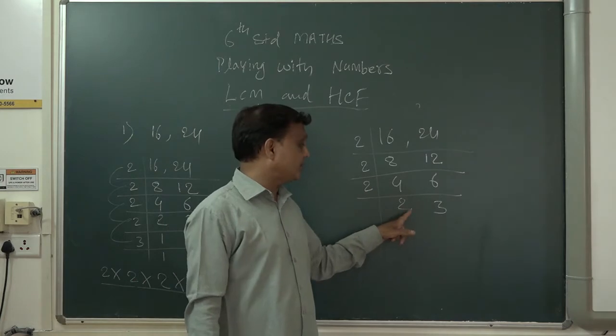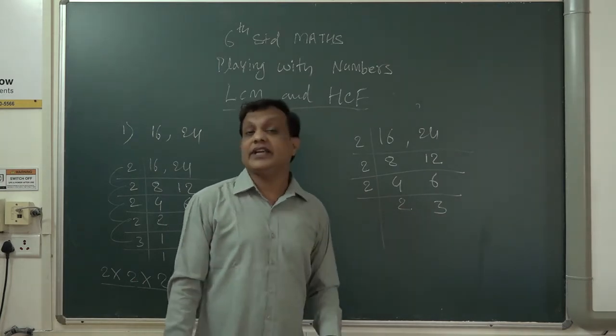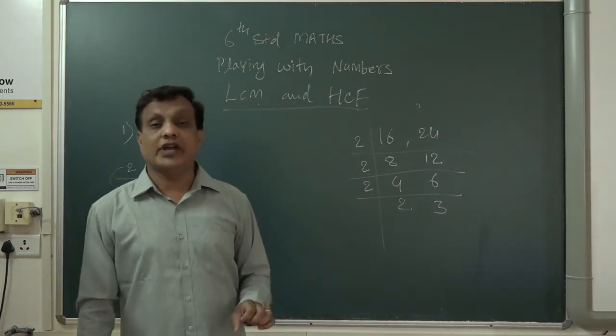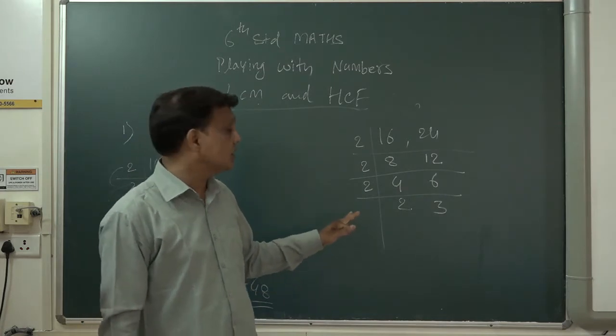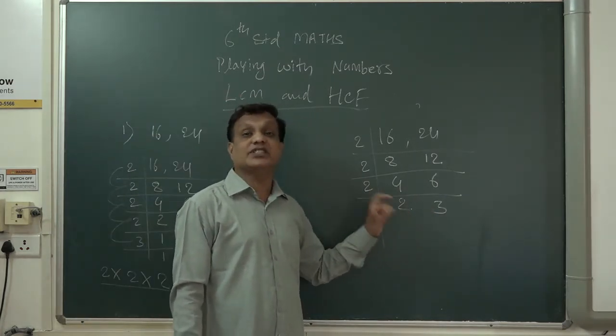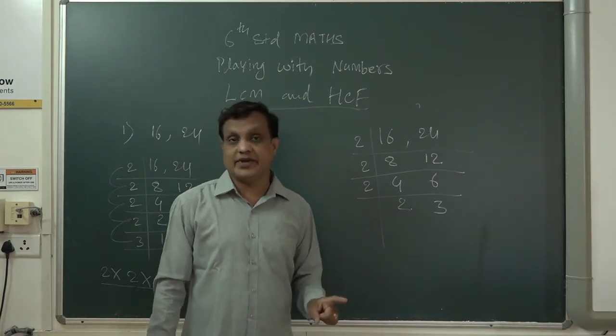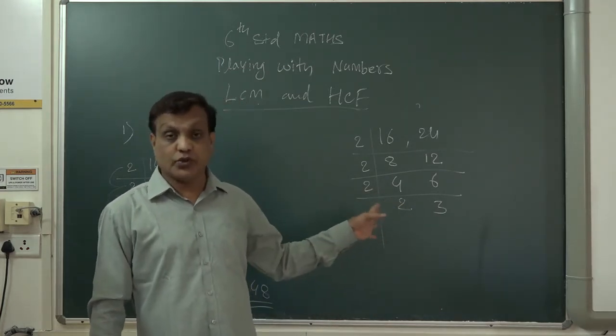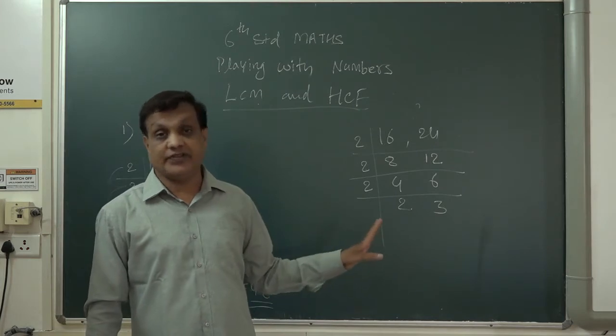It is going in 2 table and this is going in 3 table. That's why we cannot continue here. So what we have to do, we have to stop here, because whatever numbers are last, that must go in any one table, so that both 2 and 3 will not come in any one table. That's why we stop there.